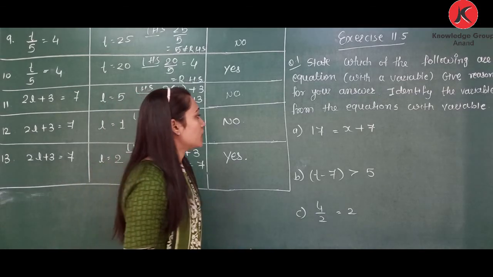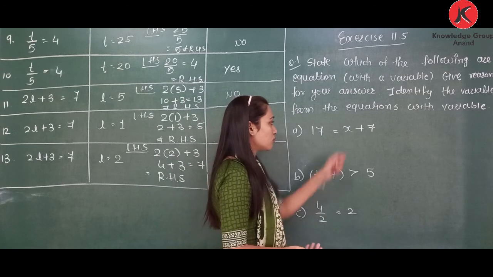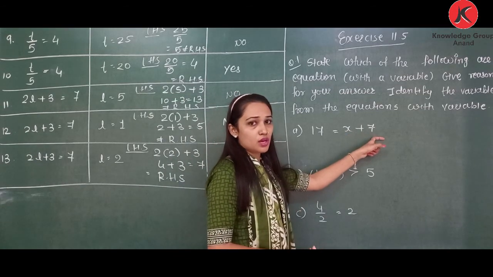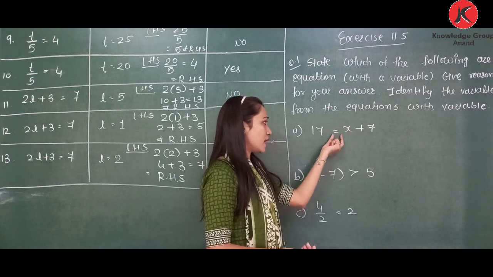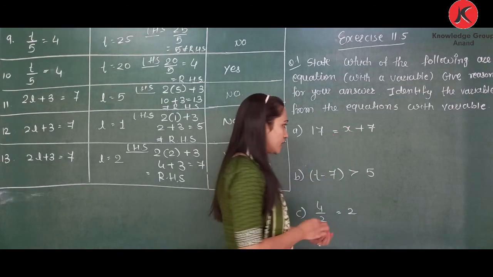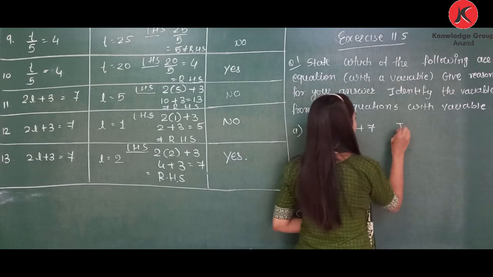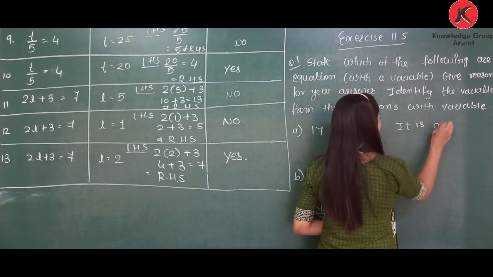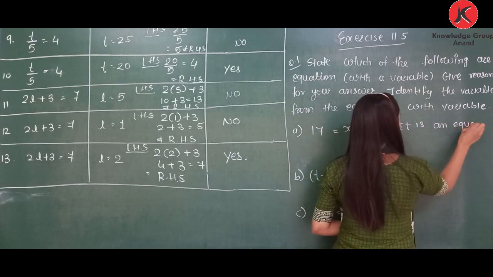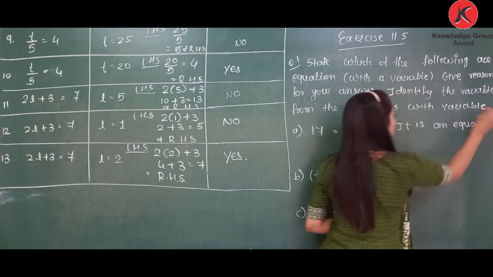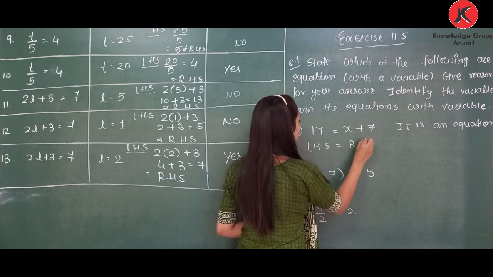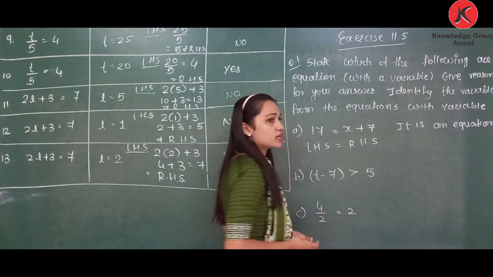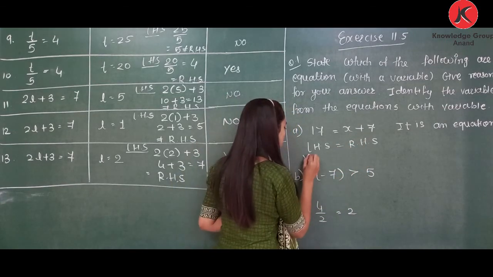So first, 17 is equal to x plus 7. Now here the variable is x. It is an equation because there is an equal to sign. So we can say it is an equation. Reason is what? Because left hand side is equal to right hand side. How can we say? Equal to sign is given and the variable is